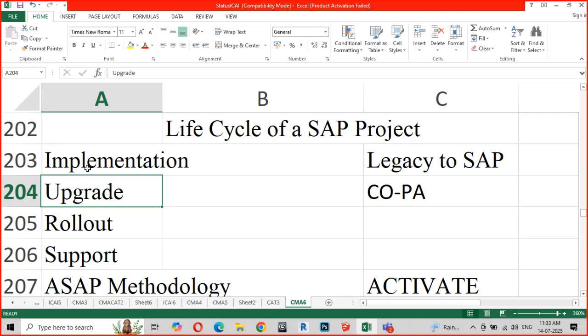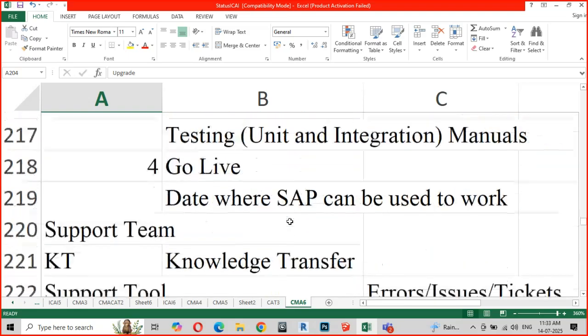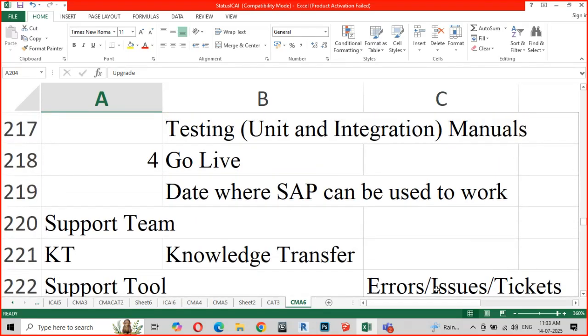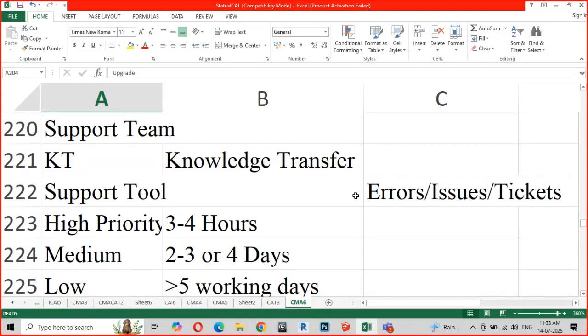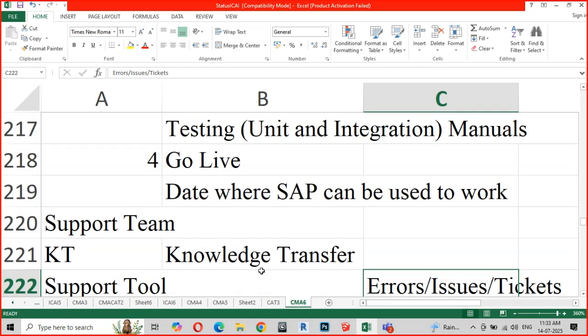The same thing happens in your SAP project also. The end users raise the issues, and these are called errors or issues or tickets. They can be called by any name. Normally we use the term tickets. Right now, let me come back to this a little later. Let me just refresh your memory as far as the